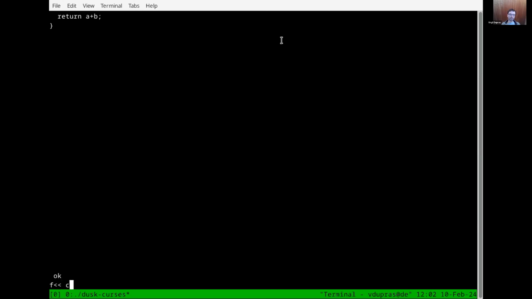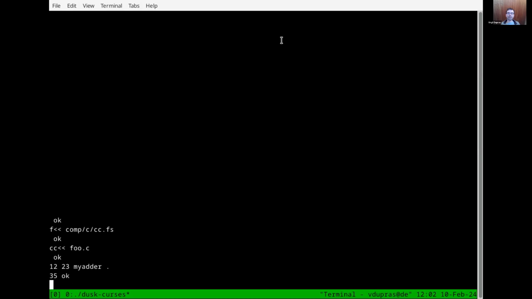So we're going to load the compiler. All right, and we're going to compile a file. You use the word cc bracket and then the name of the file to compile, and that will create a word that is called my adder that I can use this way.